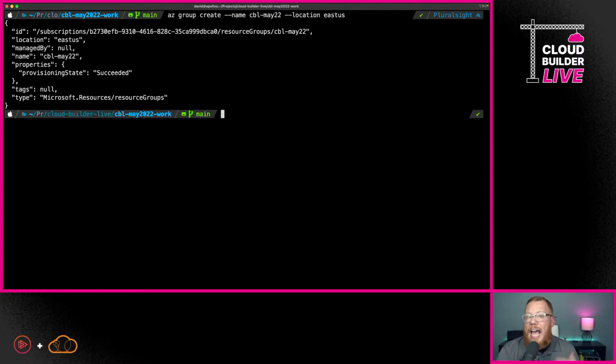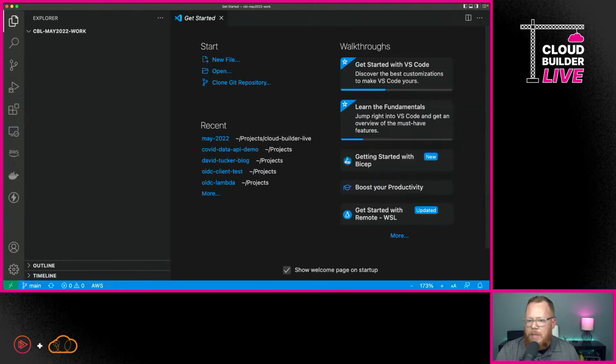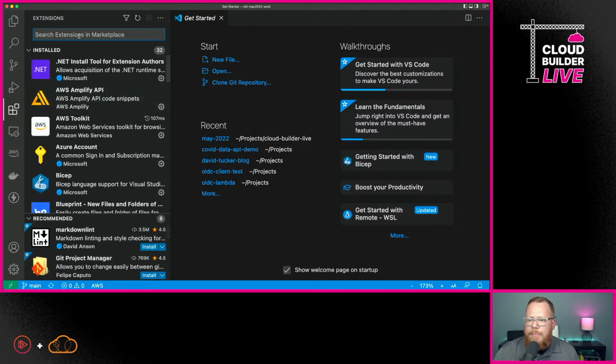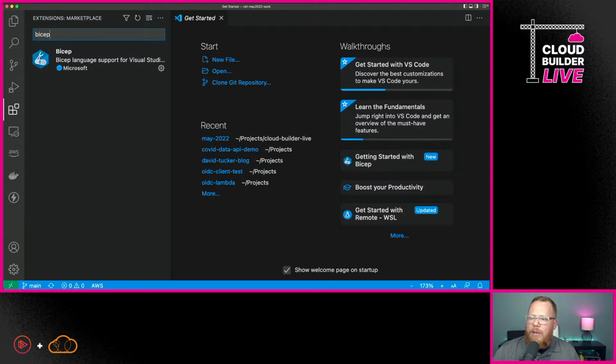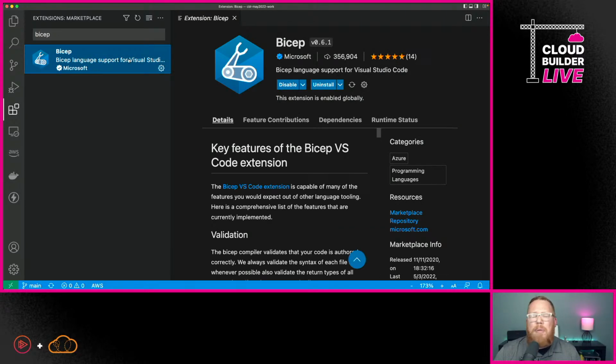So now that I have that up and running, the next thing I'm going to do is jump into VS Code, and we'll work on getting it set up with the extension. So I'm going to open VS Code, and I'm going to move it over here in the window so you all can see it, and I'm going to make it a lot bigger so it'll show up well on the screen. Now, the first thing I'm going to do is go here under the extensions tab, and I'm just going to search here in the marketplace for Bicep. Now, you're going to see one thing come up, and this is going to be the official Azure Bicep extension